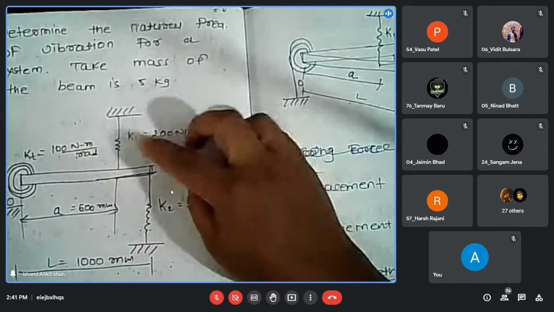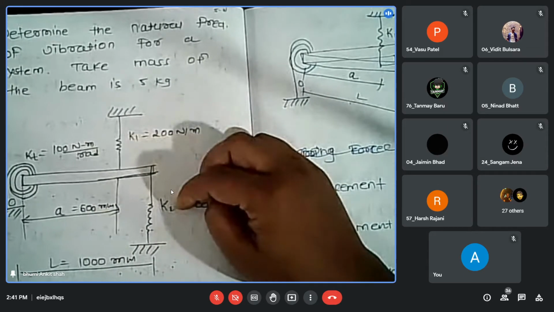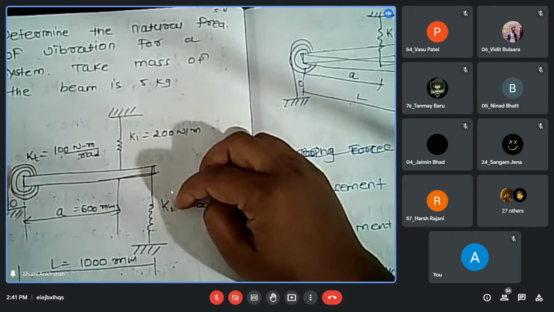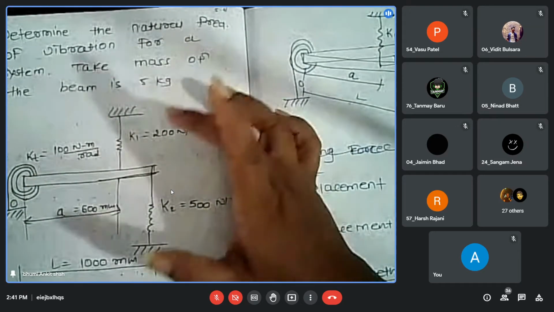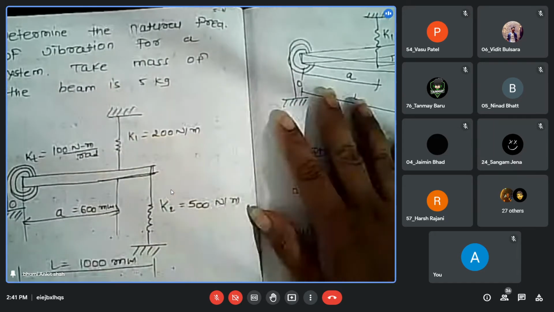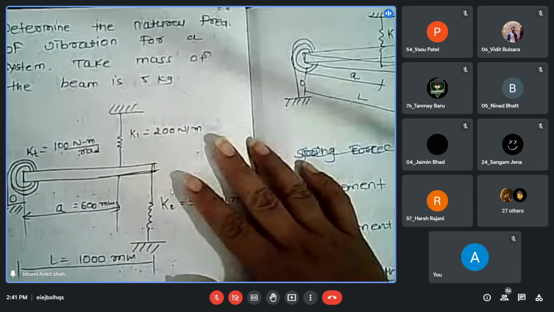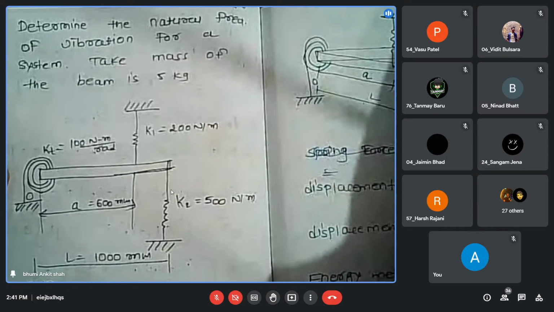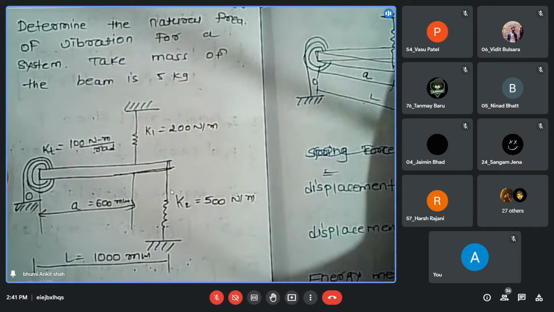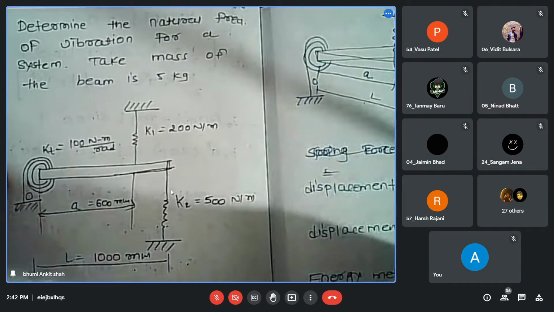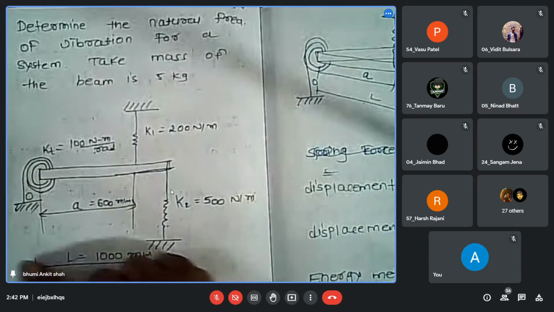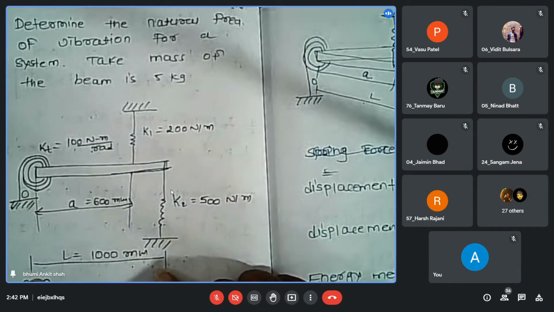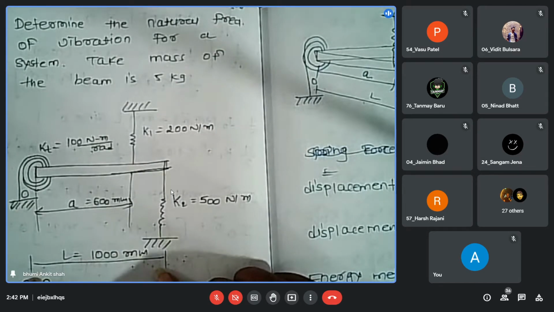Here you can see that we have two springs K1 and K2 along with the third torsional spring KT, right? So we have a total of three springs. Is it visible? ये दिख रहा है आपको, right? Clearly? What is the arrangement? Are you able to understand? From the center O, the fixed end, all the distances are given. The total length of the beam is 1000 mm.